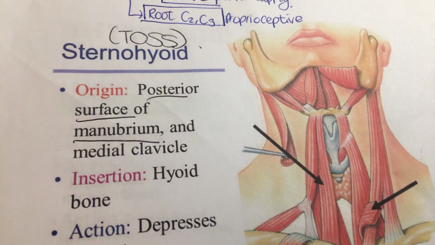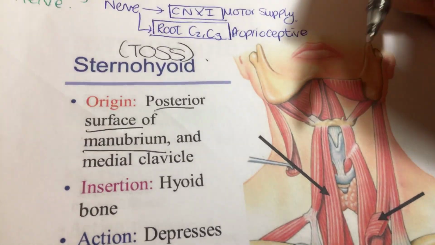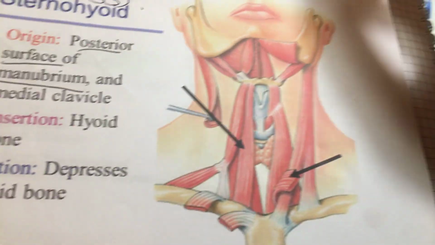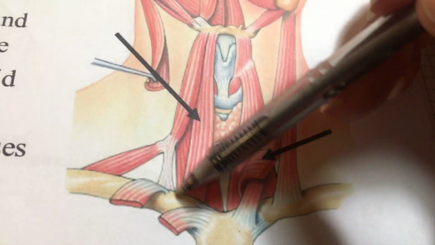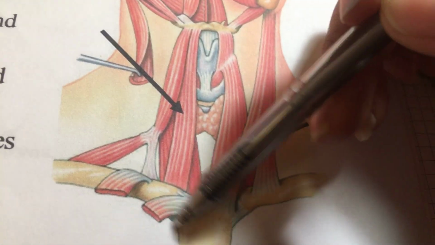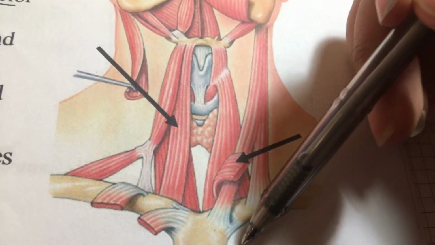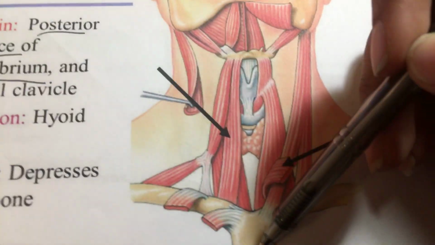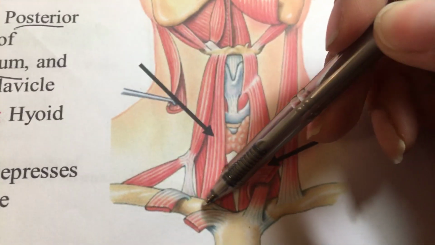So now we're looking at the infrahyoid muscles that are relevant to this part of the anterior triangle of the neck. Now let's have a look at sternohyoid. Let's start with sternohyoid. Sternohyoid is this one, and it comes from the manubrium of the sternum. It's a little bit distal here, but it should be the manubrium of the sternum, and it needs to go